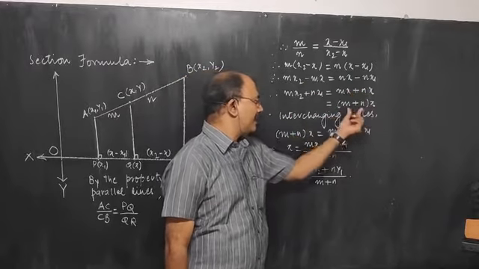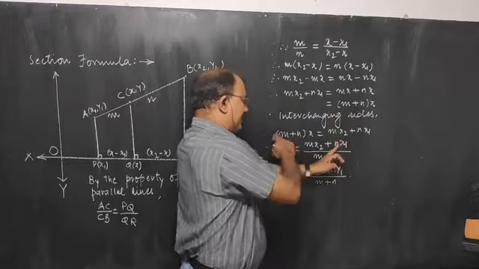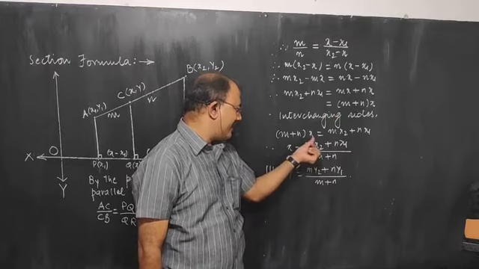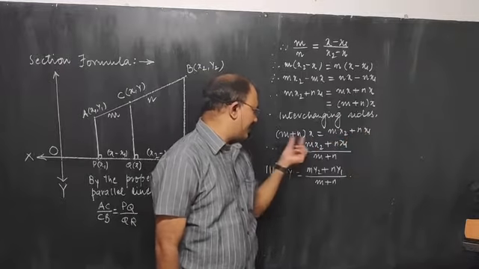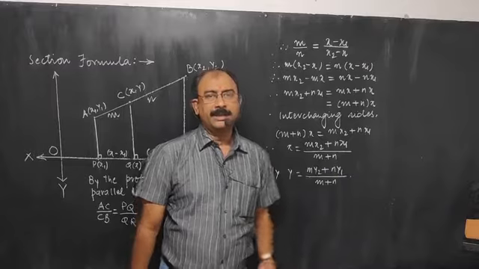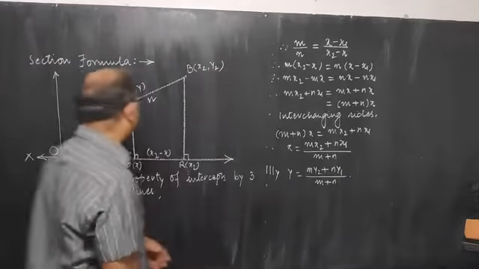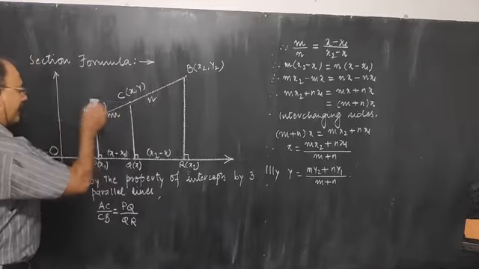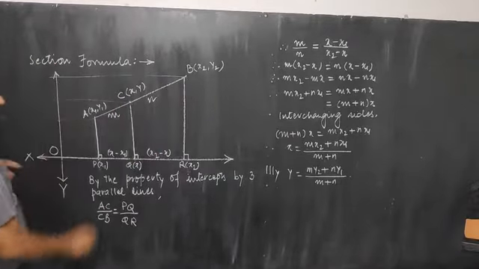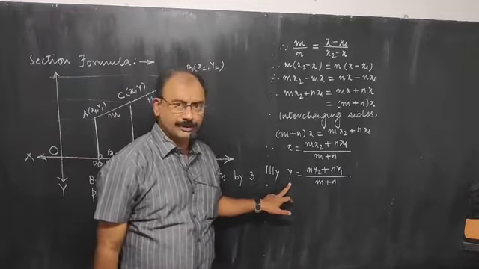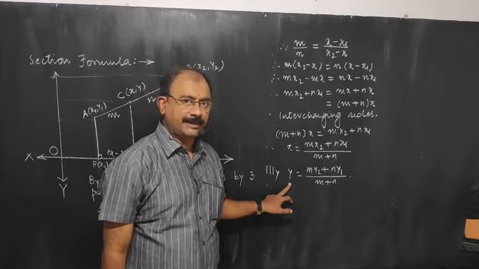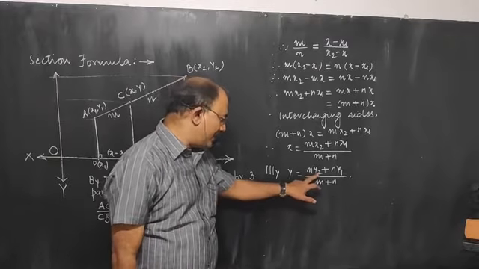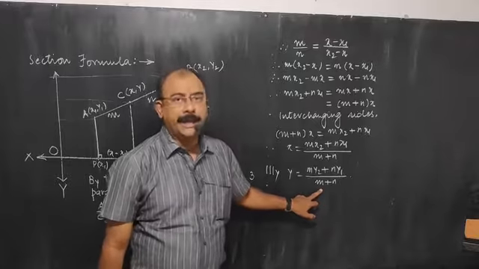From here we can take x common, then I have interchanged the sides. Okay, you get this equation, m plus n will go in the denominator, therefore you get x is equal to mx2 plus nx1 upon this bracket, that is m plus n. Exactly in the same manner, if I drop the perpendiculars from point A, B, C on the y-axis, I can derive exactly in the same manner this equation also. But there is no need to derive the second part. We can simply write down similarly y is equal to my2 plus ny1 upon m plus n.